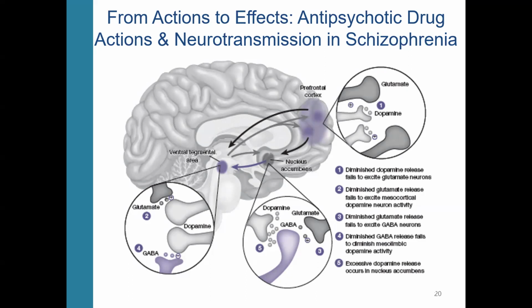Lower activity of glutamate neurons from the prefrontal cortex to the nucleus accumbens may result in less activation of GABA neurons that terminate in the ventral tegmental area. Diminished GABA neuron activity may disinhibit mesolimbic dopamine neurons, leading to increased dopamine release in the nucleus accumbens and perhaps other parts of the limbic system. Thus, overall, this model demonstrates how dopamine levels in the prefrontal cortex may be low, while dopamine levels in the limbic system may be high. The positive symbols represent excitatory effects, and the negative symbols represent inhibitory effects.